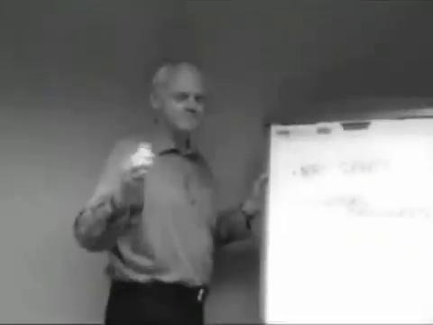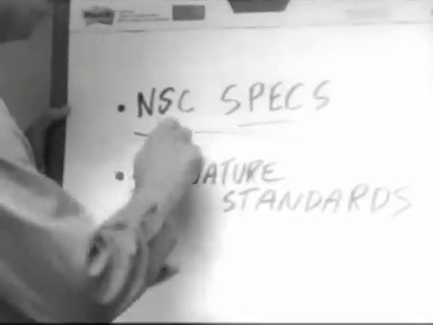So you're stuck in the conference room with the operating committee again, banging your head against the wall, trying to set specifications and options for a community that'll be grand opening in 6 months. Sales is complaining that the base carpet is too high and there aren't enough cabinet choices. No exceptions this time though. You've got to get this subdivision open using the NSC specs, support it with signature standards, and you got to